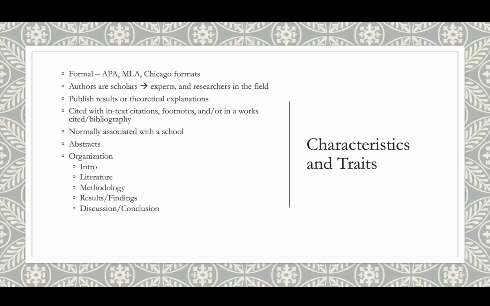And first off, there's a lot of formal setting, like a format. We use APA, or ASA in sociology, but it can also be MLA, you could use Chicago. There's a couple other ones that exist out there. I would say that in the social sciences, you're going to mostly find APA. So this is the formatting that you would see. It's a formal submission. It's not just something that's written on a document without any type of formatting.